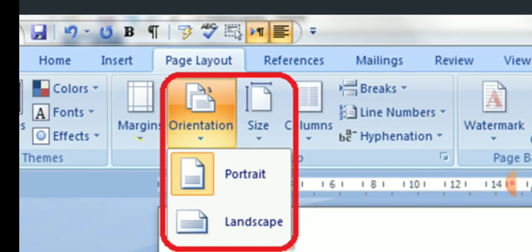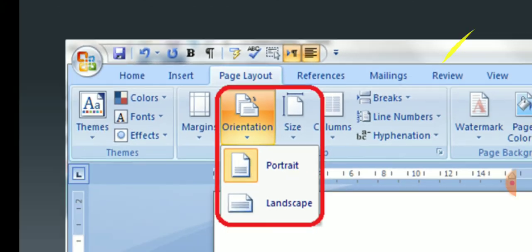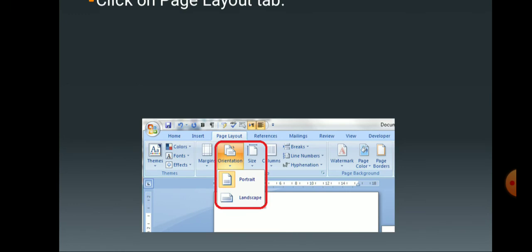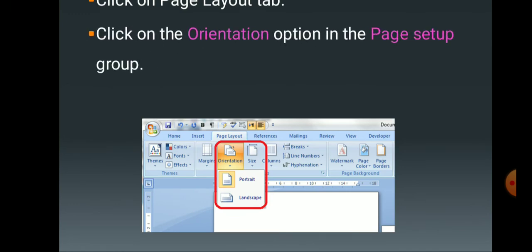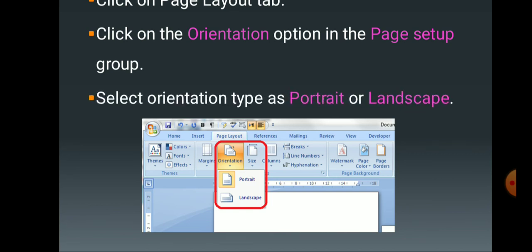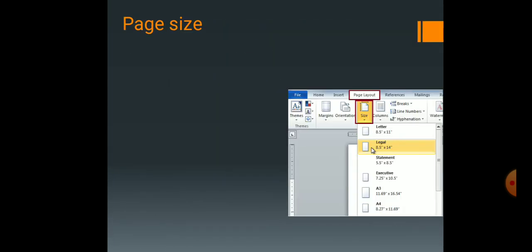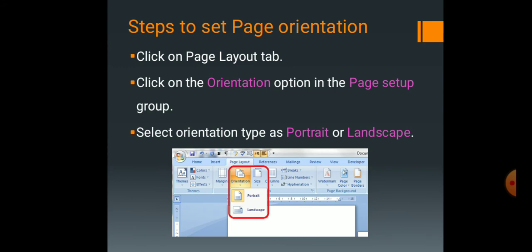Near margin we have the orientation option in the page setup group. That group is called the page setup group. If you select orientation, it will be shown whether it is portrait or landscape. You can select either portrait or landscape, and the document will be printed like that.